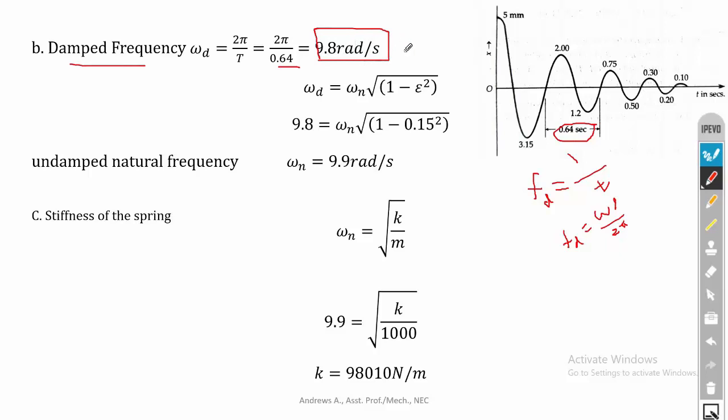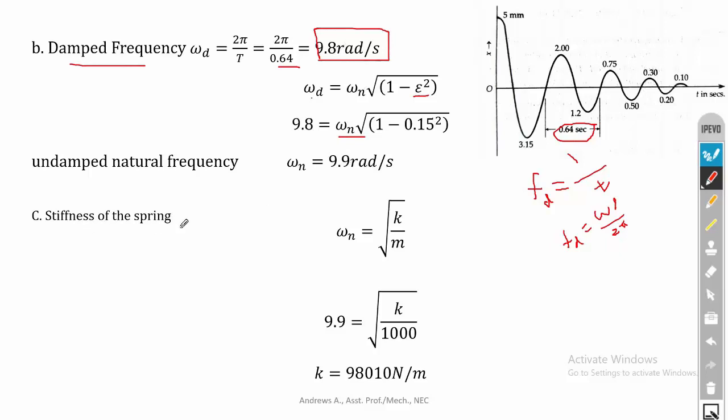Okay, so further if you want, you can calculate the damped natural frequency in hertz also. Then now I have the damped frequency and the damping factor. The relationship between damped and undamped natural frequency is omega d equals omega n root of 1 minus eta square. We have the value of omega d and eta, so you can substitute that and finally calculate omega n. The answer for omega n is 9.9 radian per second. So here you can see omega d is 9.8 and omega n is 9.9. Remember that there will be not much difference.